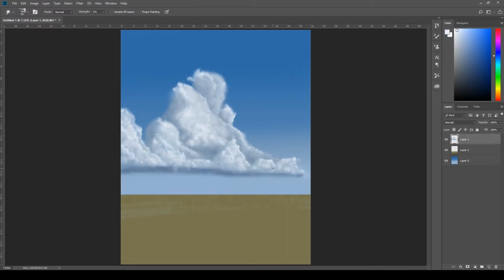I jump around a lot too, especially when I'm blending, because I don't want to overblend certain parts. That's also why you don't see me zoom in too much on my work. I like to work bigger, unless I'm doing some really small details, and that's usually in the ground, usually not in the clouds, because my clouds anyways are usually really fluffy, big cumulus clouds. So I don't want to overblend any one area,